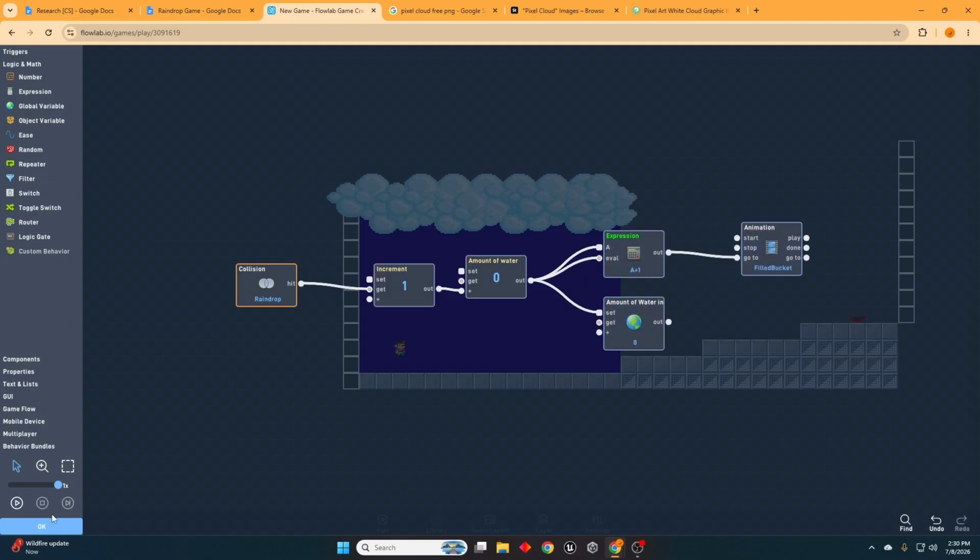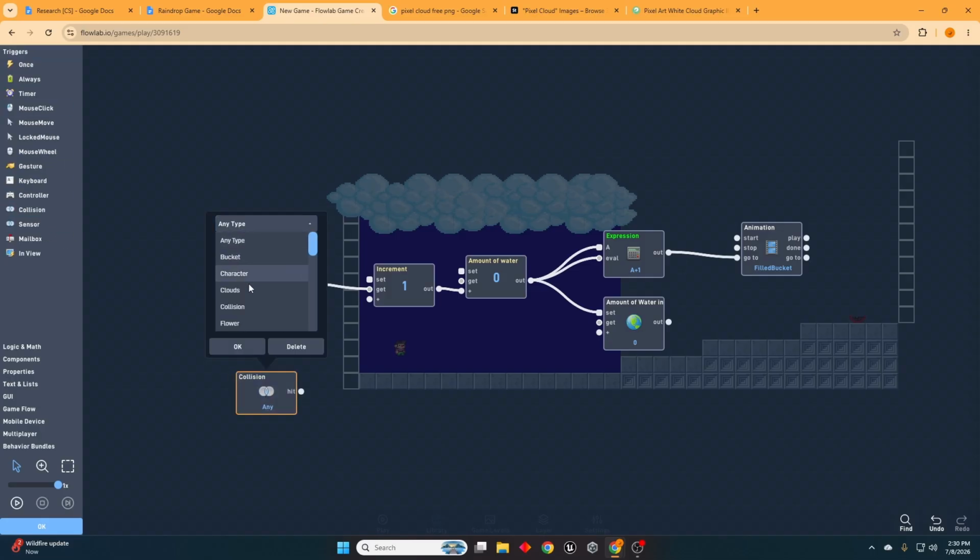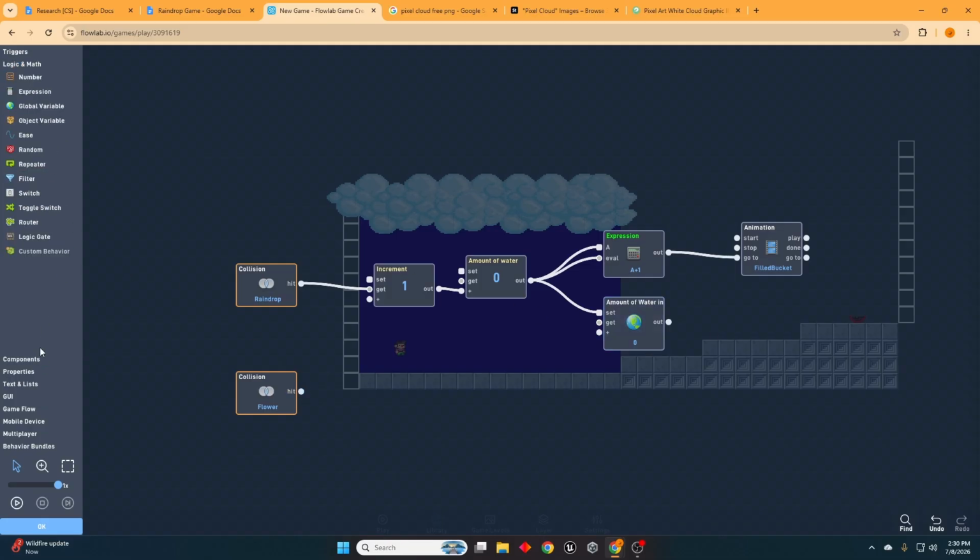And then we can literally just say, okay. And another quick thing, we also want to make it so that if the bucket collides with the flower at max capacity, we no longer want to have water in the bucket, just so that we can't just spam grow this flower with all this water. So when I collide with the flower, I want to say, does this global variable